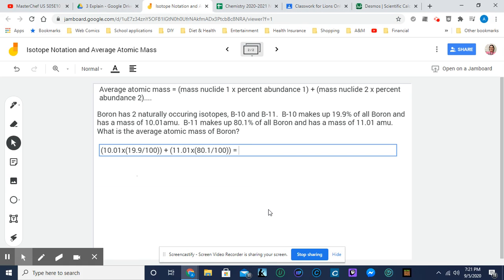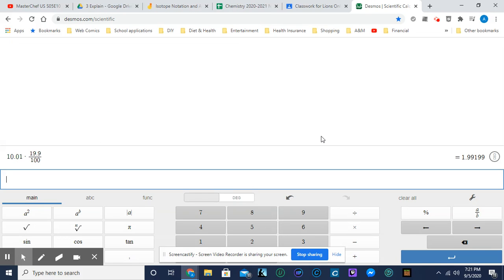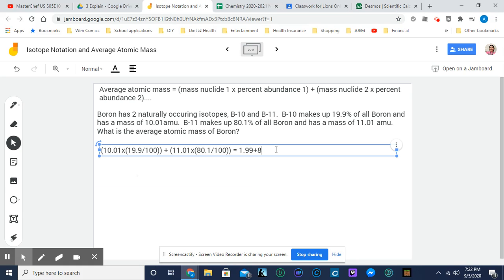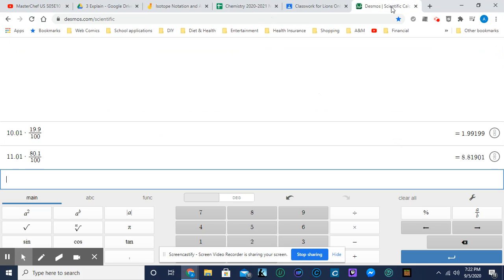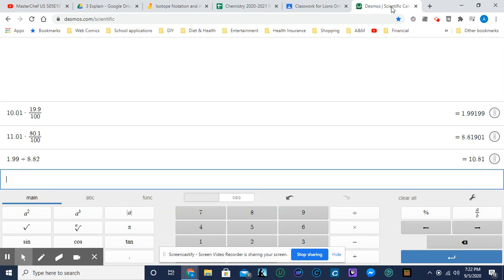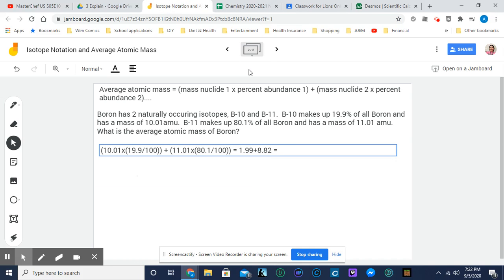So I'm going to put 1.99 plus, we're going to do that for the other, so 11.01 times 80.1 divided by 100 is 8.82 when I round that to sig figs. And so when I add those together, it's going to give me 10.81